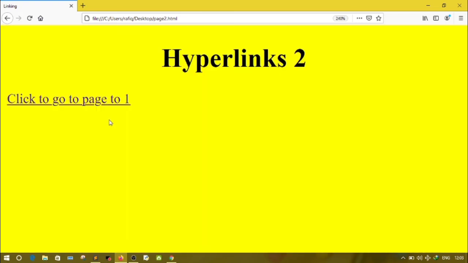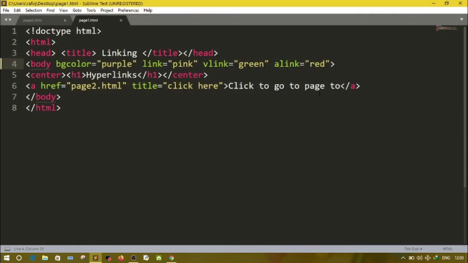just in 1 second, but if you click a link which is located at some other place, it may take a few more seconds, then you can see the color. So this way you can change the link color in an HTML document.